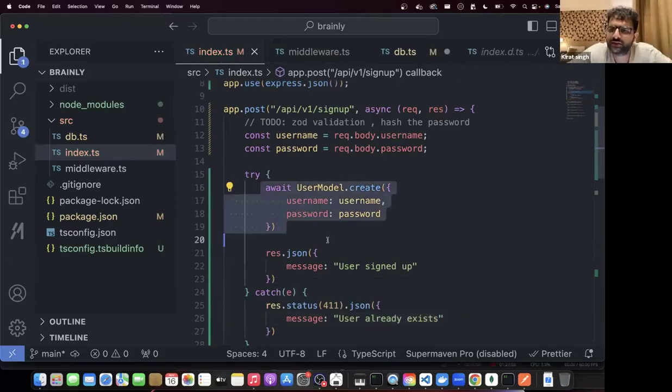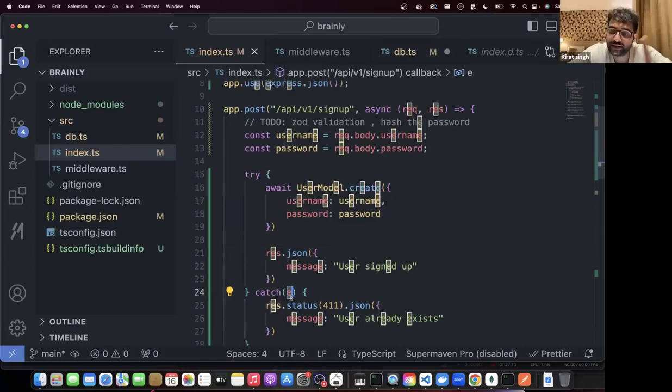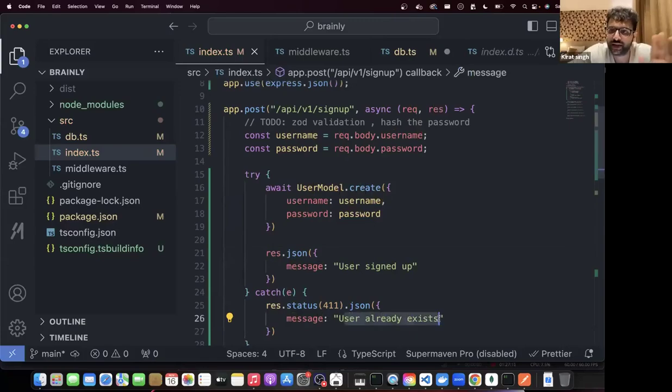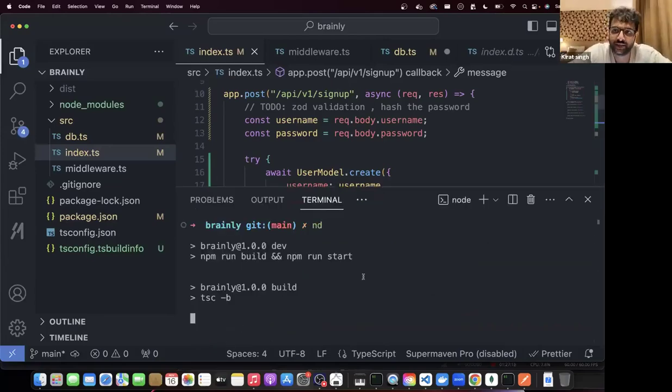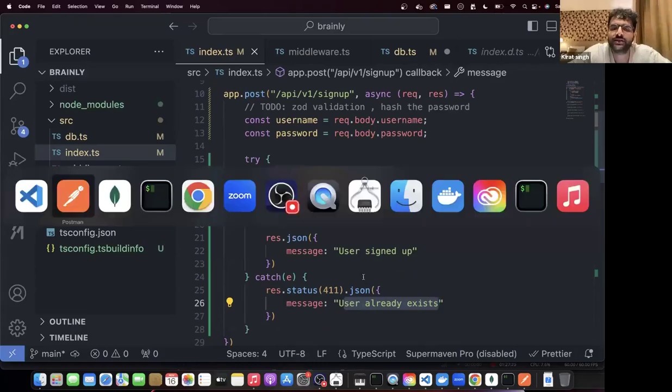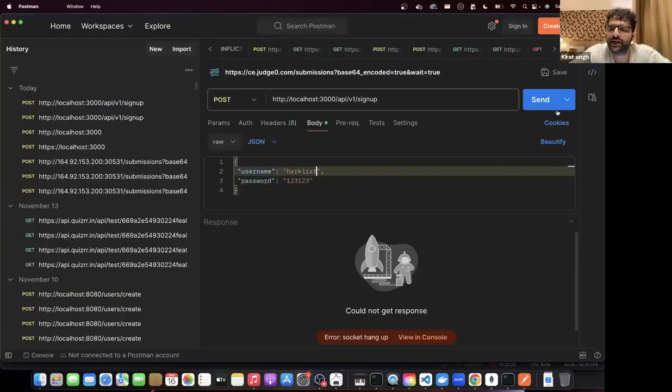This call can fail for other reasons also. Database is down, not able to connect to the database, timeout हो गया. But most probably अगर ये फट रहा है, that means this username already exist करता है. You can also inspect e over here and ensure कि जब वो हो रहा है तभी आप ये मैसेज भेजो, otherwise ये मैसेज ना भेजो. But if you add just this much, then your backend won't crash anymore, which is good. The backend shouldn't crash अगर यूजर ने आपको सेम यूजरनेम फिर से भेज दिया है.